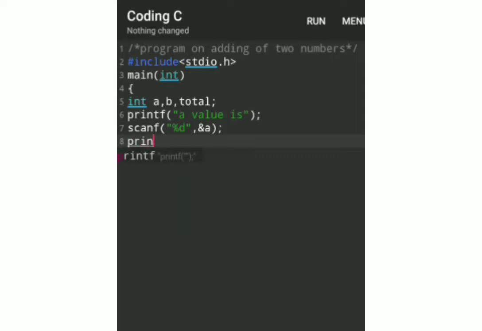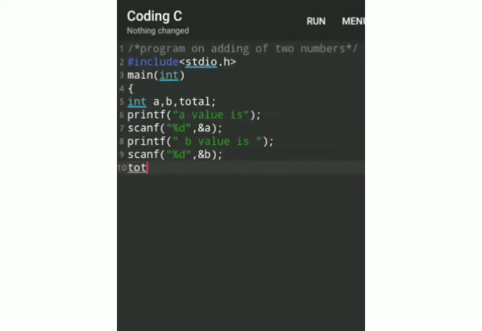Next printf b value is. Scanf percentage d ampersand b.